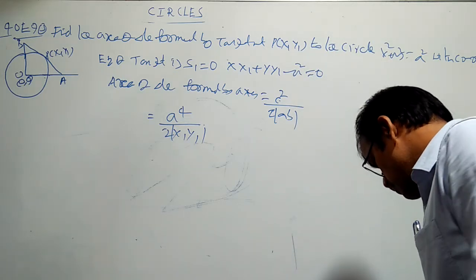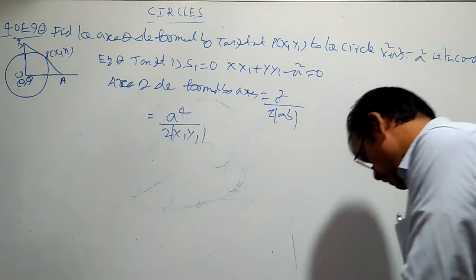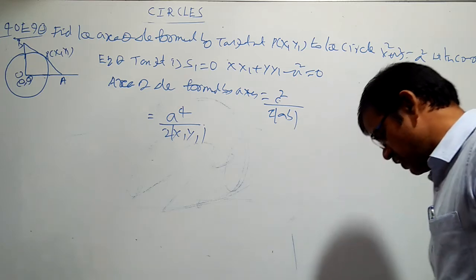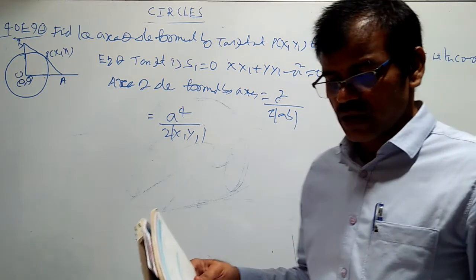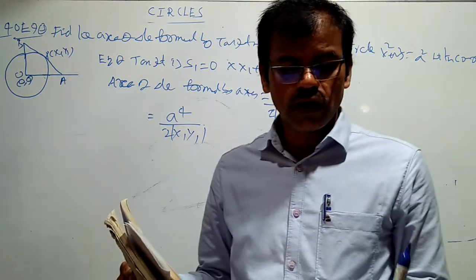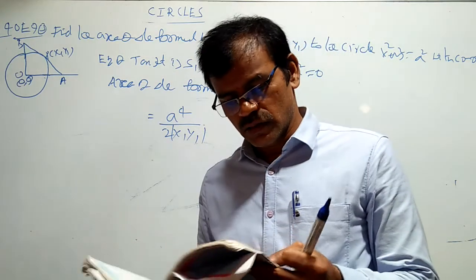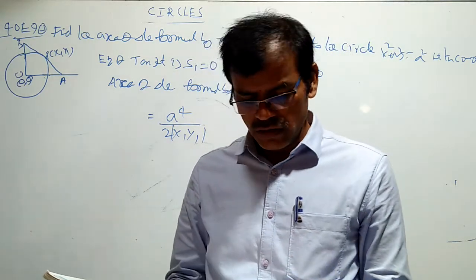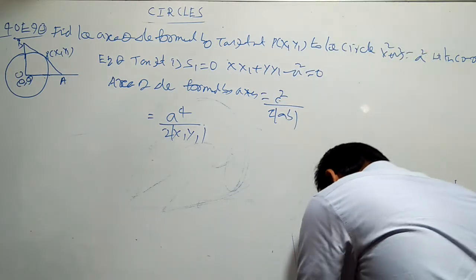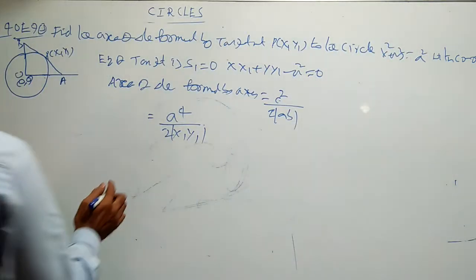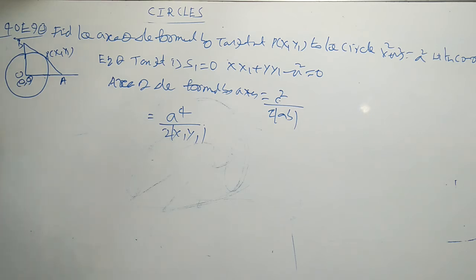Next, let us discuss example 2 on page number 42, as examples 1 and 2 are already completed. Find the equation of the normal at (3, 2). Also find the other end of the normal. Find the area of the triangle formed by the normal of the circle with the coordinate axes. So let us discuss example 2, page number 42, which depends upon the area concept.